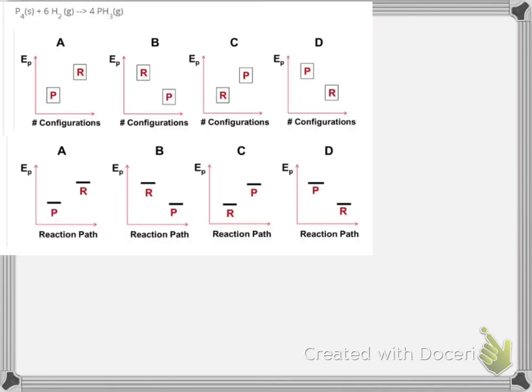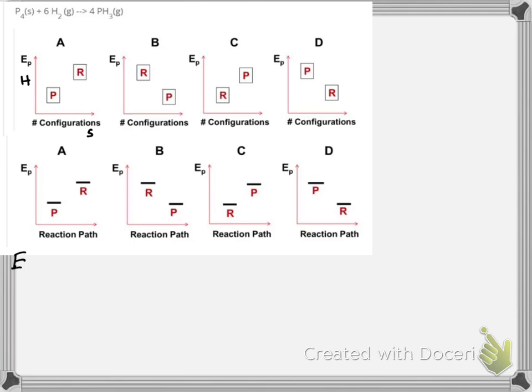Alright, so now what we want to do is use those rules to assign changes in enthalpy, changes in entropy, and apply them to energy and path diagrams or energy and configuration diagrams. Keep in mind this is the same as H and S, right? H and S are the same graphs. So let's go through how we would analyze this problem from the standpoint of energy, standpoint of entropy, and pick